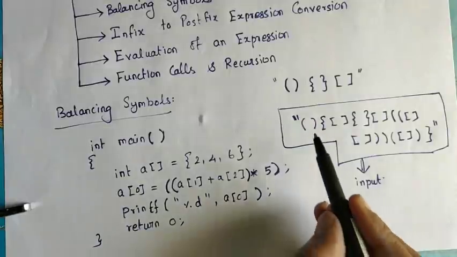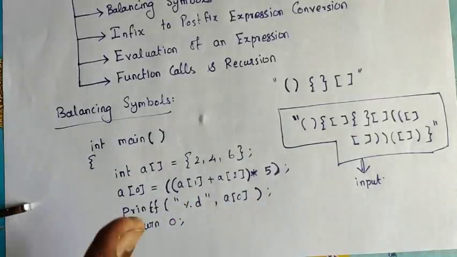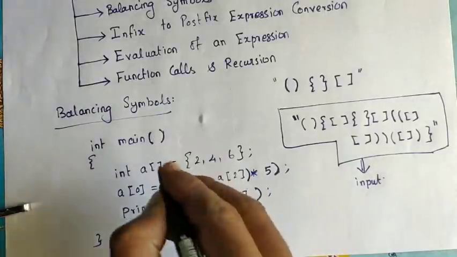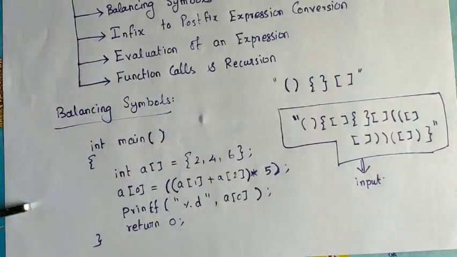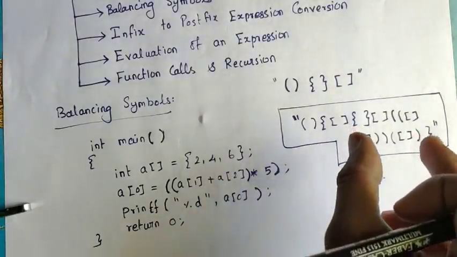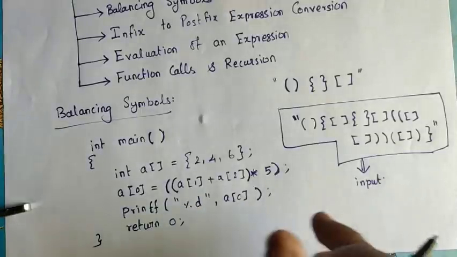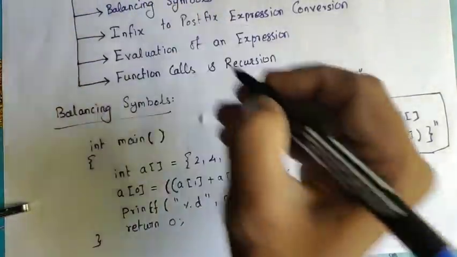Now if you are checking this manually, it is correct. How is the compiler going to say the same? Manually, you keep this in mind and check that it is closed, like that. If you are writing a very lengthy program, checking whether all the open brackets have the corresponding close brackets is very difficult. So to simplify that, the algorithm for balancing the symbols in the compiler uses the stack.